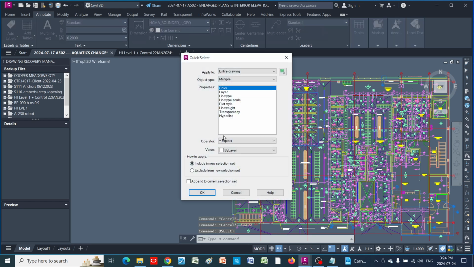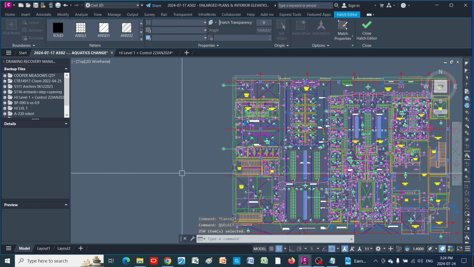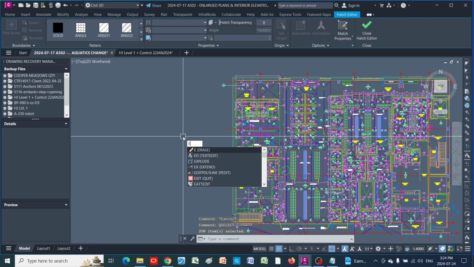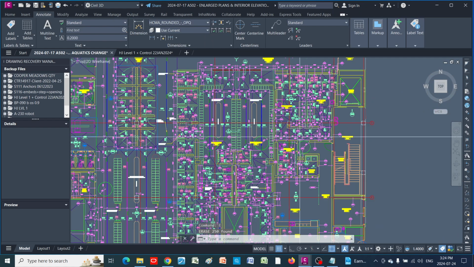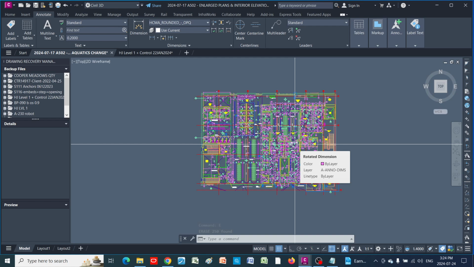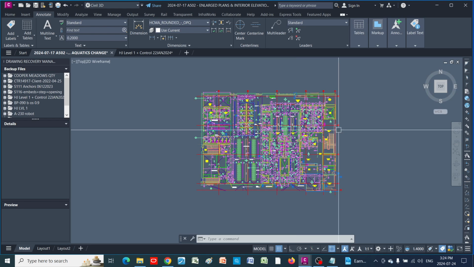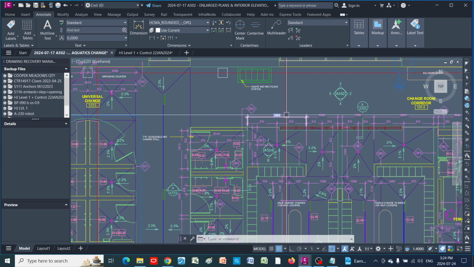Select hatch, select all, hit OK, and type in E for erase. There you go. So I'm done with my first step, clean up the drawing.